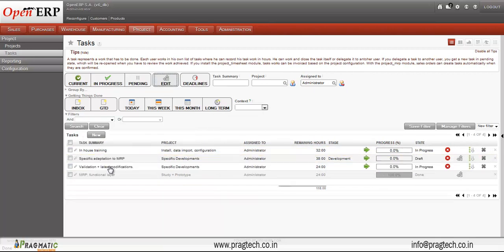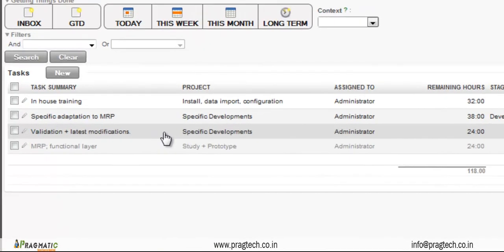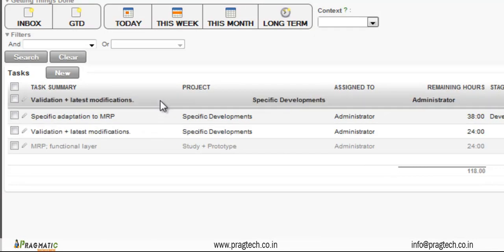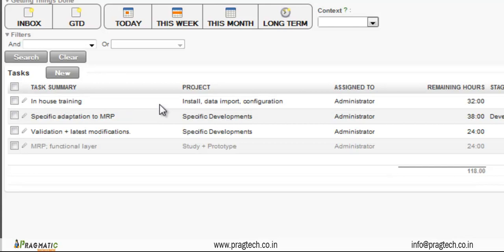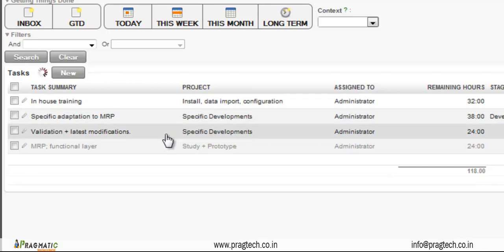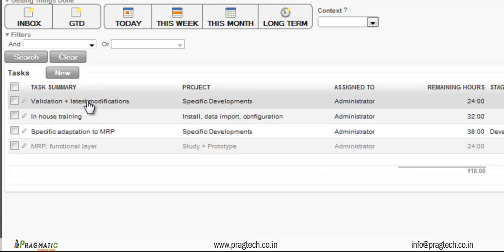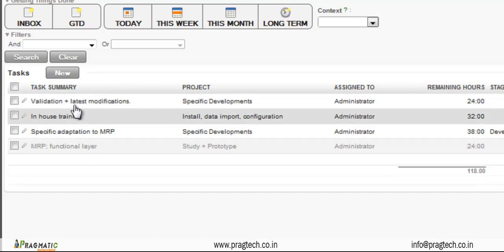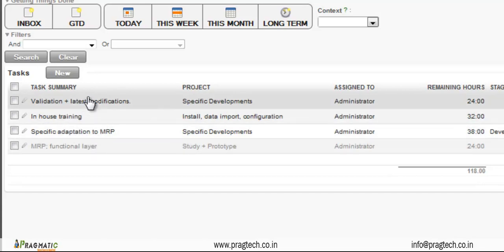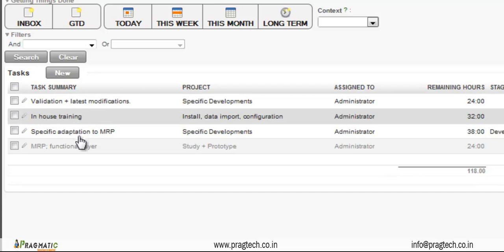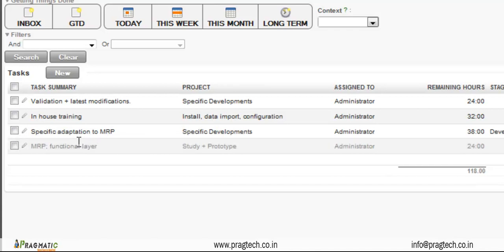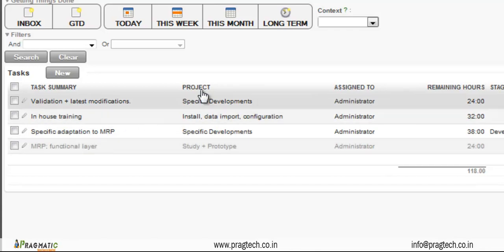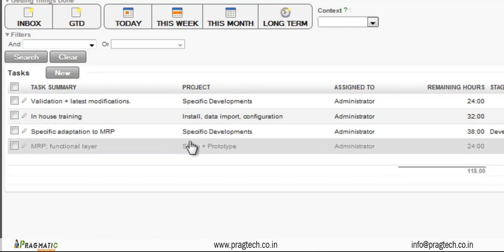Now one more thing is that you can drag and drop the stage or sequence of the menu records. So you can directly change the sequence of the records as per our requirement. Just click, pick and put the record in the sequence. Now you can see that the validation test position is replaced by some other one. Like that I have picked up in-house training and I am changing the place of that. So you can drag that, you can rearrange the sequence of the tasks or records.